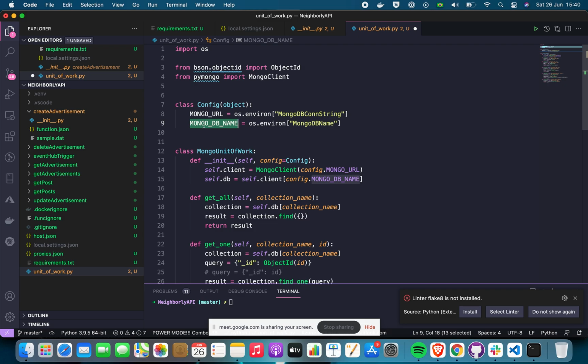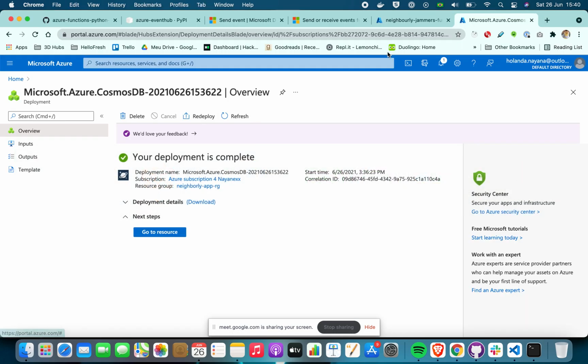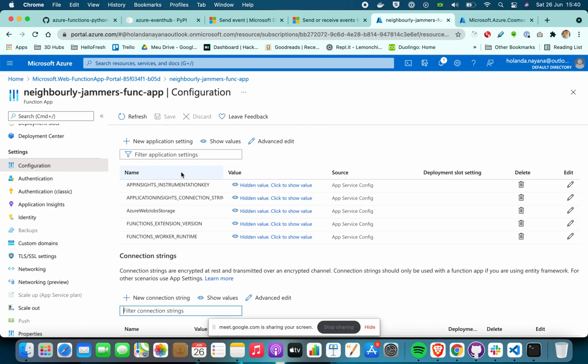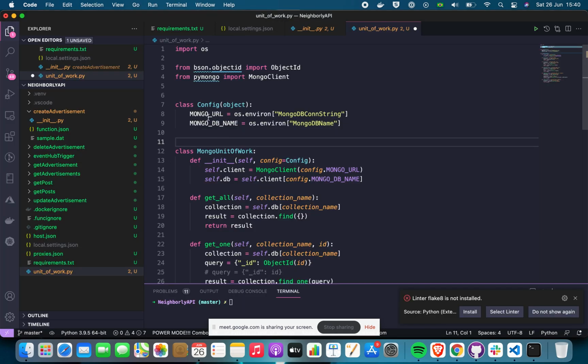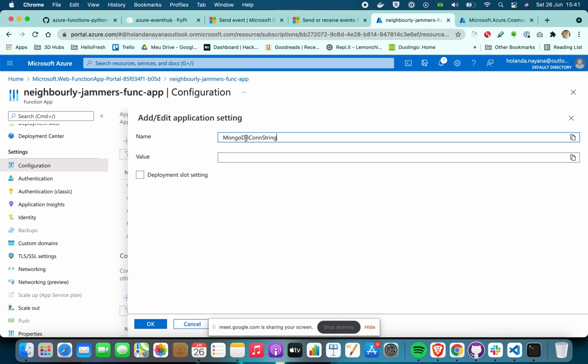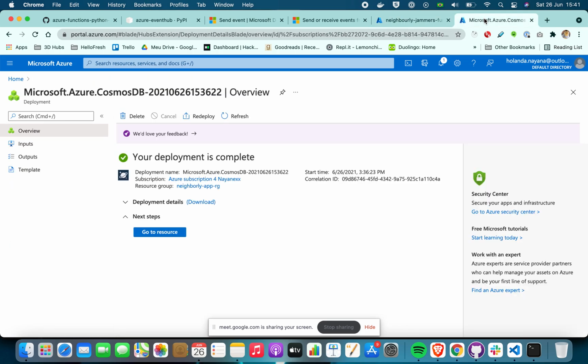So in my settings in here, I will create one for the MongoDB connection string, where I will place my MongoDB connection string,